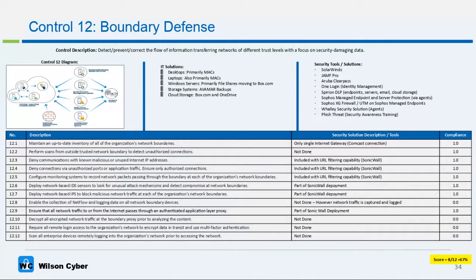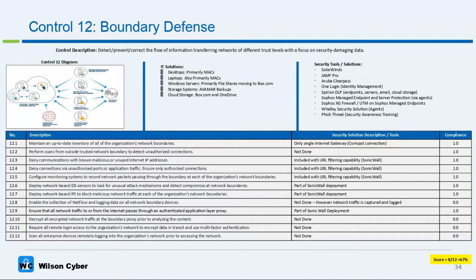For boundary defense, here we have 12 subcontrols, and this is the BOUND-F capability in CDM. We want to detect, prevent, and correct the flow of information transferring between networks at different trust levels with a focus on security-damaging data. Again, 12 subcontrols: maintain an up-to-date inventory of the network boundaries, perform scans from outside the trusted network boundary to detect unauthorized connections, deny communications with known malicious or unused internet IP addresses, deny connections by unauthorized ports or application traffic, ensure only authorized connections, configure monitoring systems to record network packets passing through the boundary at each of the network boundaries,